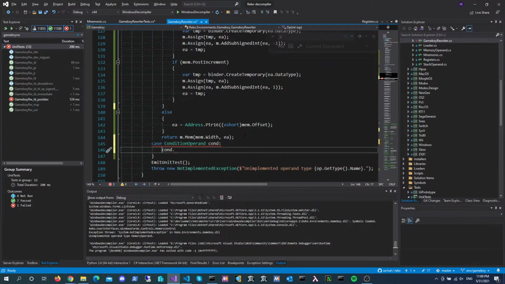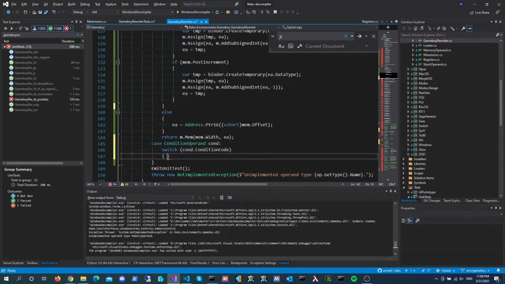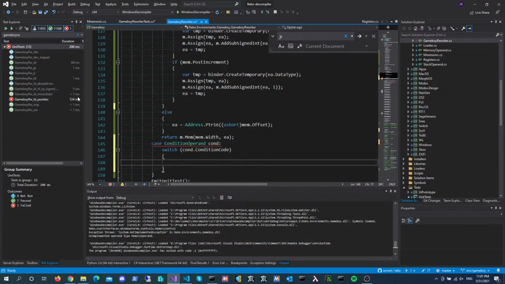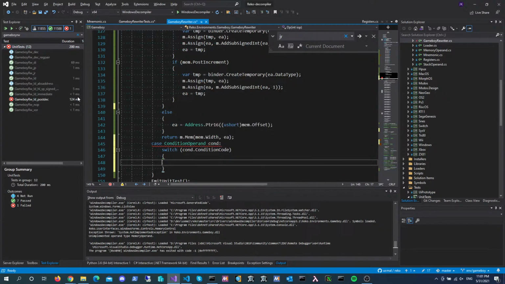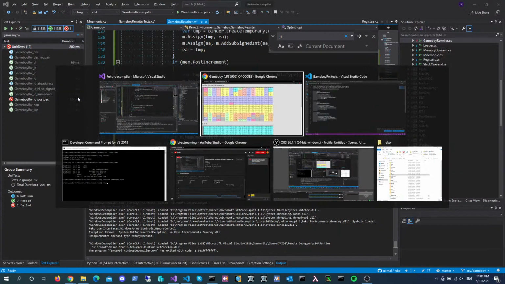So we need to switch on the condition code. And we're going to implement all of these at once because there's so few of them in this architecture. The Z80 has considerably more, but on this instruction there's only 4 possible conditions in our jump and return and